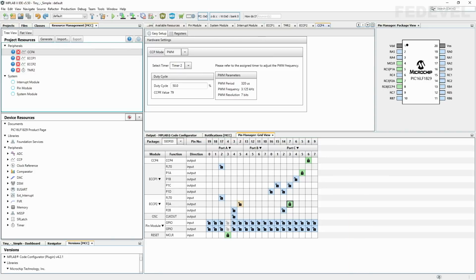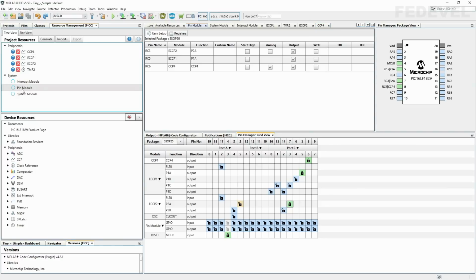When you are checking the setup of the pins, you also may want to click here in System Pin Module and have a look at what these settings are. Sometimes you may want to enable pull-up resistors, or you may want to set some of the outputs as open drain. You can do it in this table. And I'm going to uncheck this analog